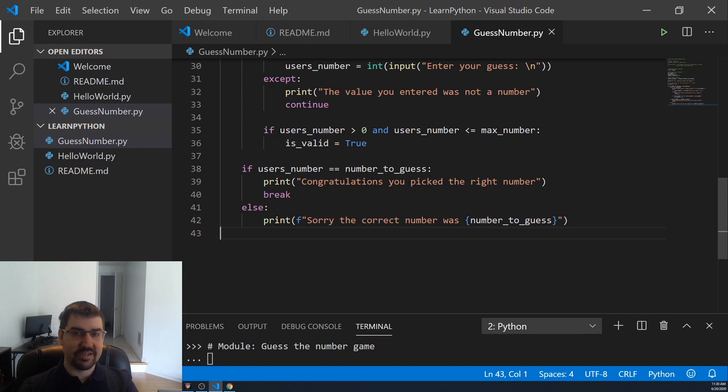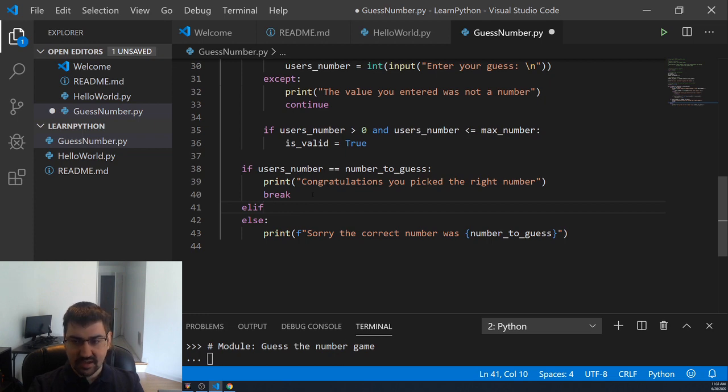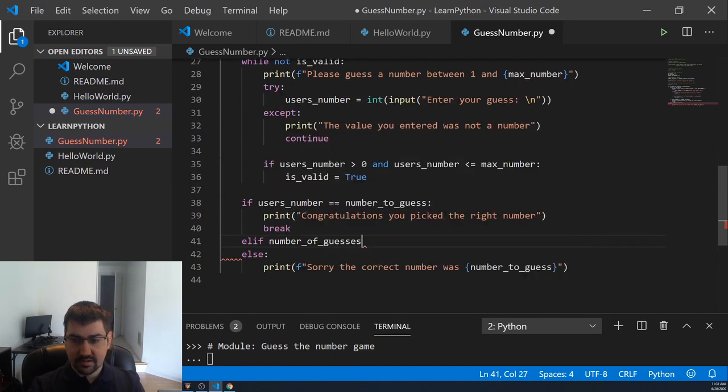If they didn't pick the right number, then we want to up the number of guesses that they've done so far so that we can keep track of when to stop our loop. And we also want to display to the user that they want some more guesses. And in this case, we don't actually want to give the correct number when we go to redo the guesses again. So we're actually going to use our elif statement here. Elif number of guesses is less than